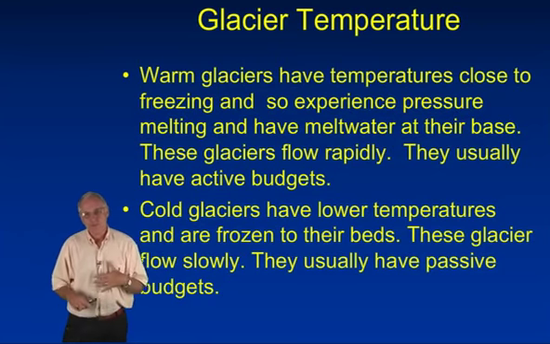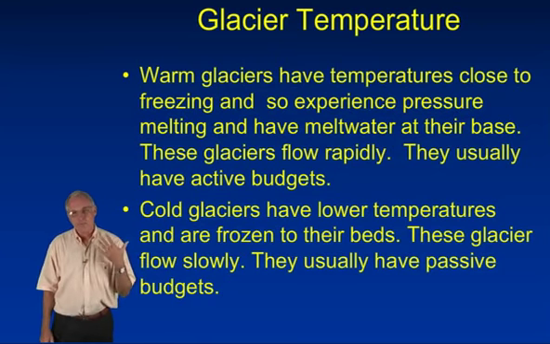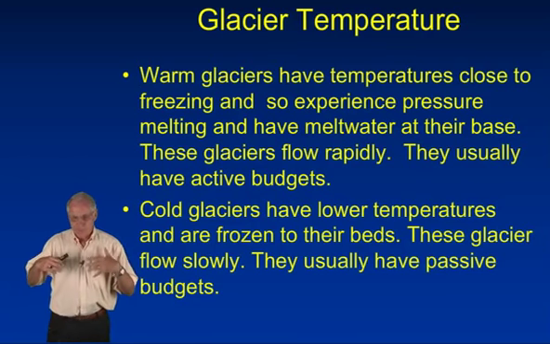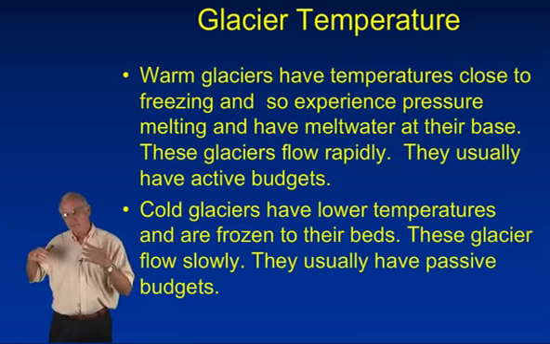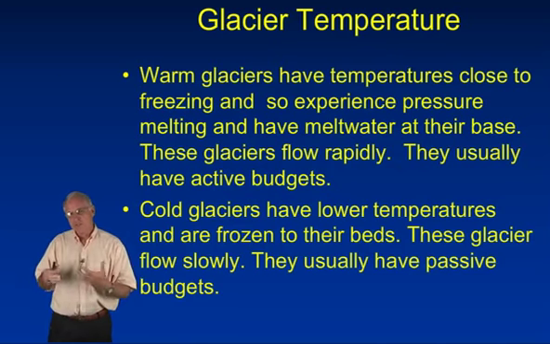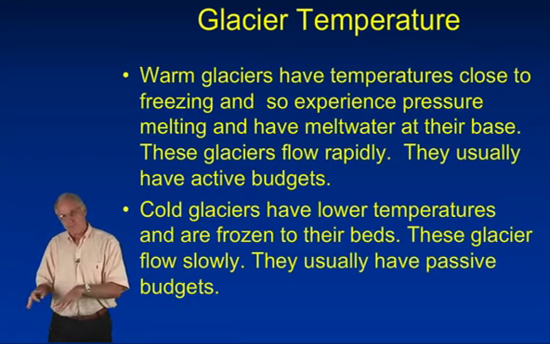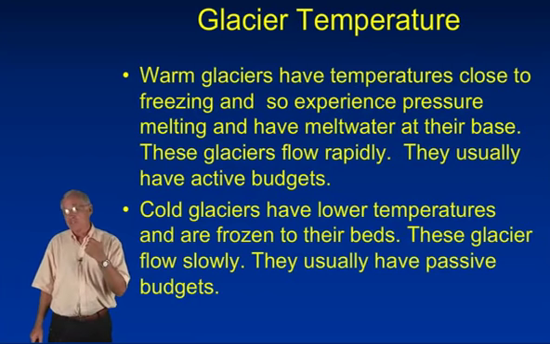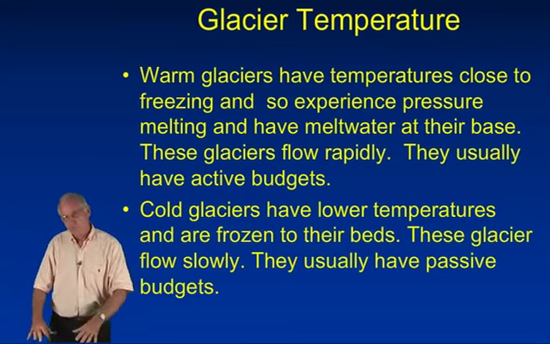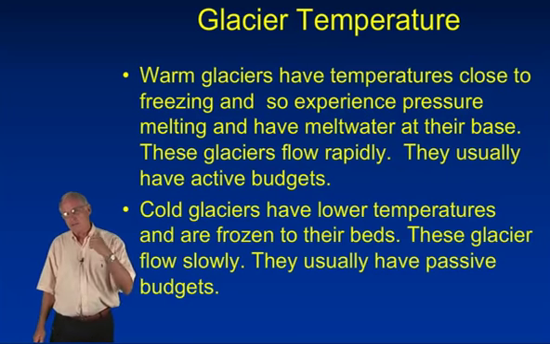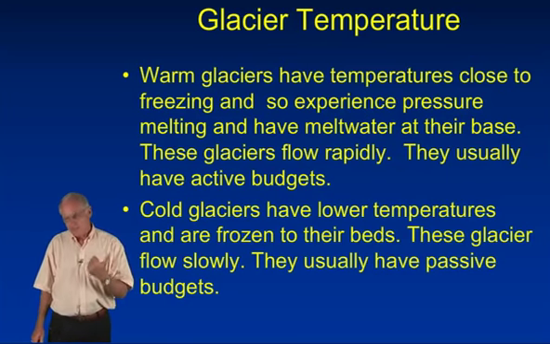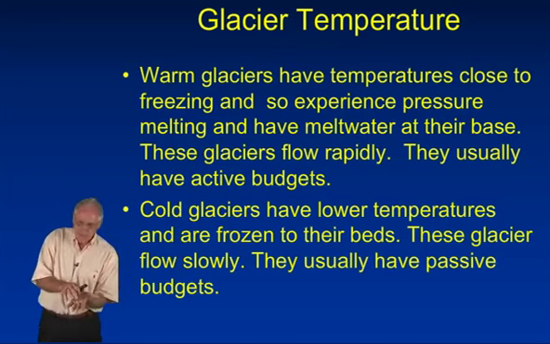Warm glaciers have temperatures close to freezing and so experience pressure melting, and they have meltwater at their base. This happens in areas with higher temperatures at lower latitudes, and the ice is in equilibrium with the temperature and the ice pressure. If the pressure is increased when a glacier goes over a rock mass, we get melting. And that melting accumulates at the bottom of the glacier and allows it to flow rapidly, riding over